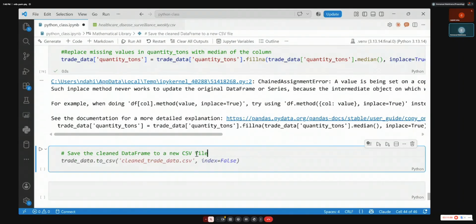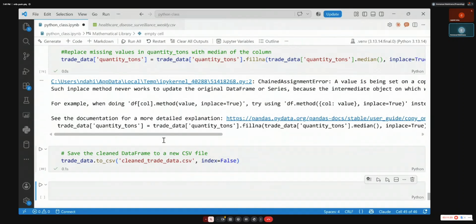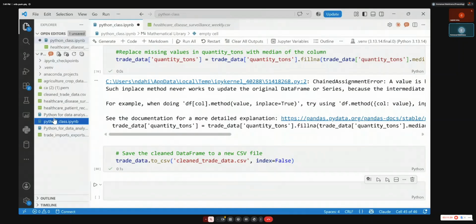I'm taking the data that we have been cleaning, replacing missing values with the mode, with the median and so on, and saving it in the computer so that I can send it to someone. This is the code. You take this df.to_csv and then you give it a name and then you run. It means within my folder, if I open this folder, I will see this file called cleaned data. That is saved right now.